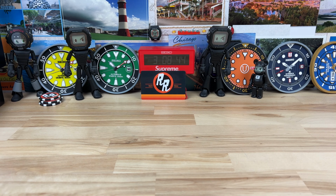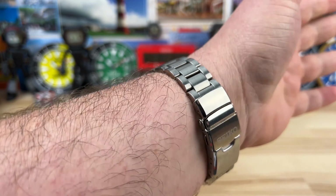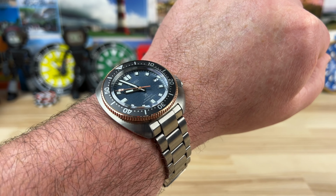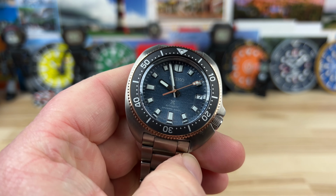Let's pop this on my 7¼ inch wrist. Happens to be sized already for my wrist, and it looks, wears, feels great. This is a pin and collar sizing system. I'll probably do a newer updated video showing how to do that because I have a bunch of watches here that use that system, and they're all subtly different depending on the construction of the bracelet, where the collar is, and that can throw people off sometimes. But I think I could probably show it in video where it'd be not as intimidating to novices, and they should be able to size it up themselves,